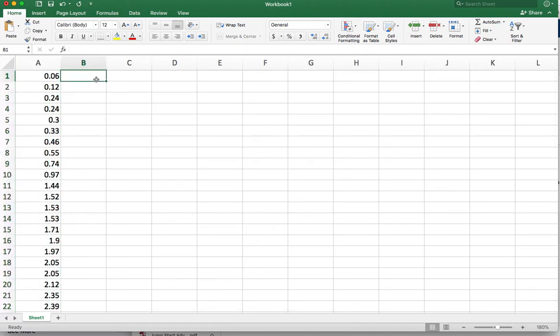And so for the first group, it wanted all the numbers between 0 and 1.49. So what I'm going to do is select the smallest number and then drag down. So keep the mouse button down and drag down to the largest number that's still in that range. So anything that's 1.49 or below. And then it just wants to know how many of the numbers are in that range. In this case, it is 11. You can kind of see that over here, but